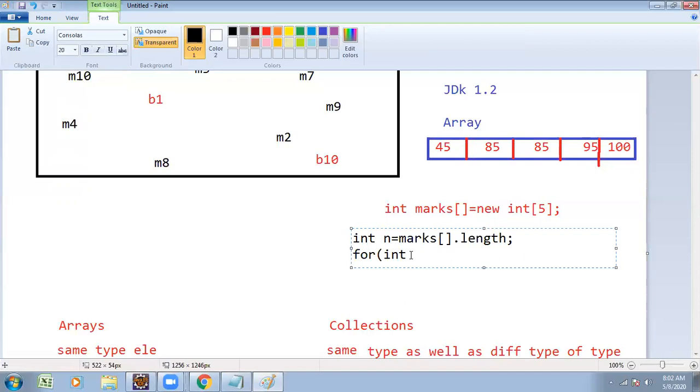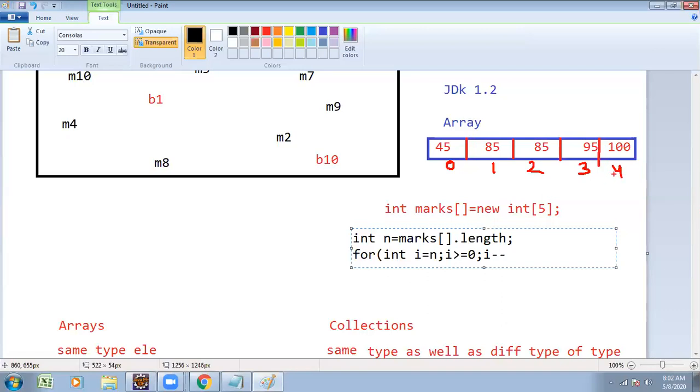Int i is equal to n minus 1. How much length is there? That one, n minus 1 you have to give. Next, i greater than or equal to 0, next i minus minus. Taking this one, index 0, index 1, index 2, index 3, index 4.